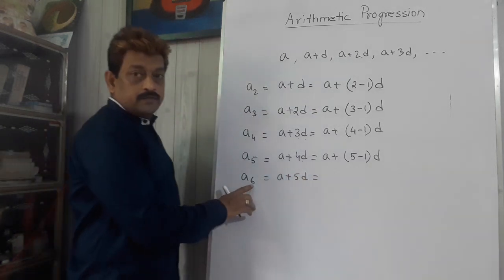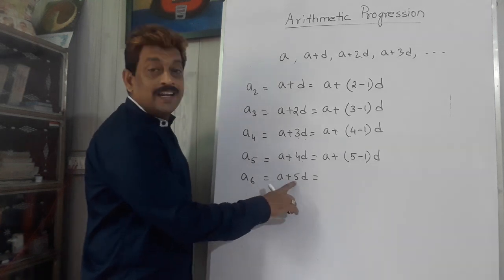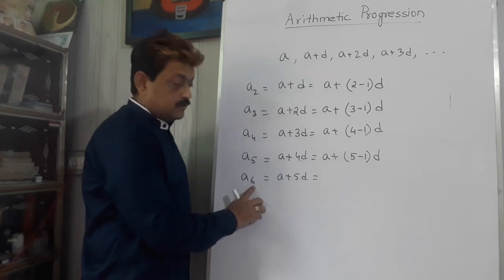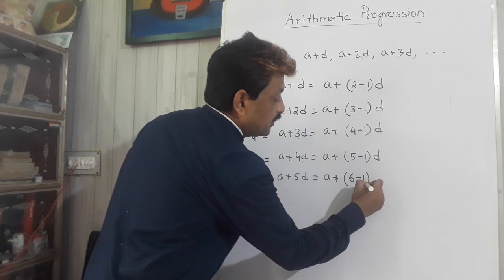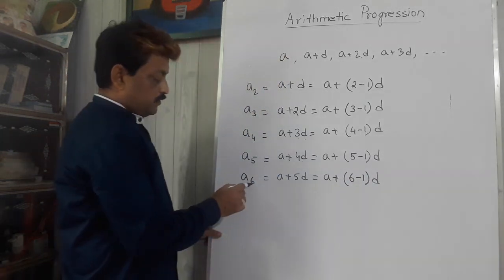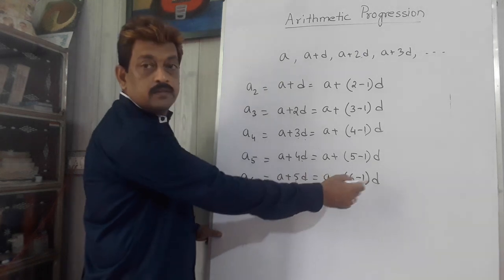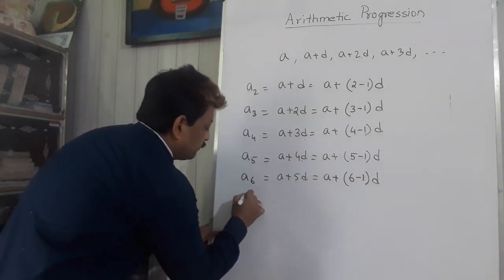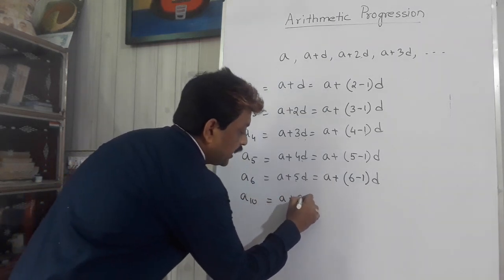Whatever number is written here, it is 1 less. That is, 5 is 1 less than 6, and that is what is done here: 6 minus 1 d. 6 minus 1 gives 5, so it is 5d. Understood? Now if I want to find the 10th term, in this way it will be a plus 9d, and